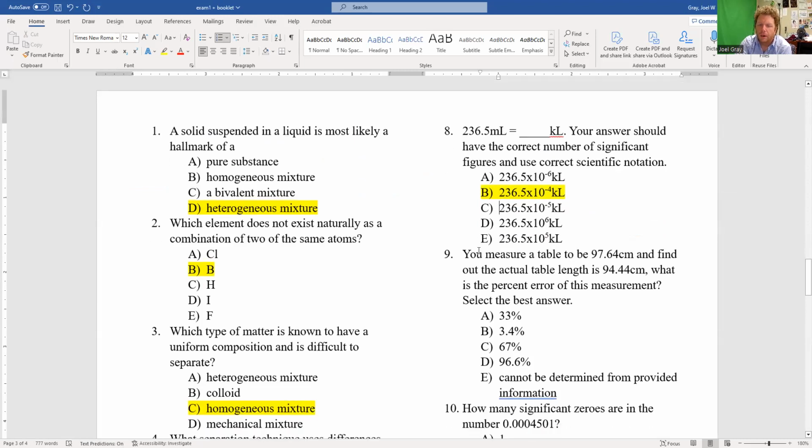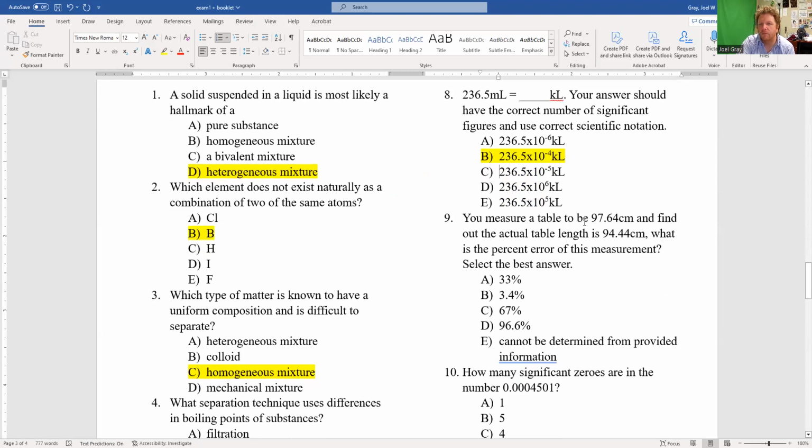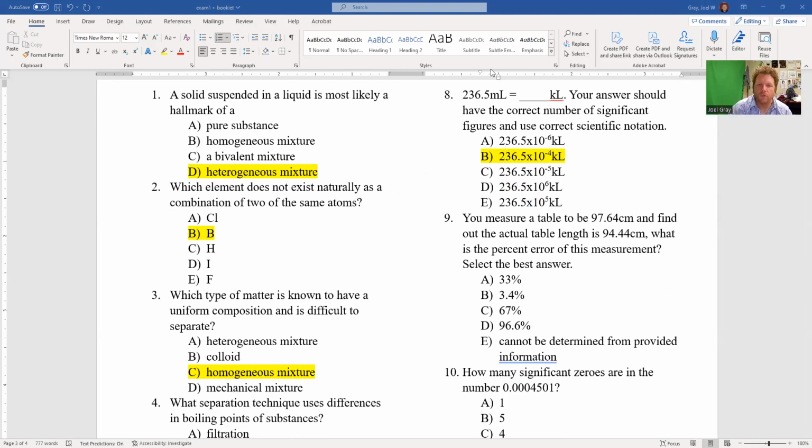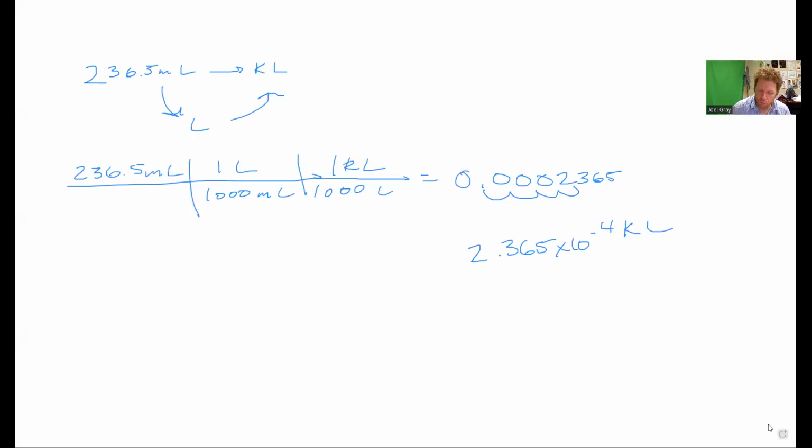Now, next up is you measure a table to be 97.64 centimeters and find out the actual table length is 94.44 centimeters. What is the percent error of this measurement? Select the best answer. So 97.64 and 94.44. So I'm going to go to a new table. We've got our test, which is